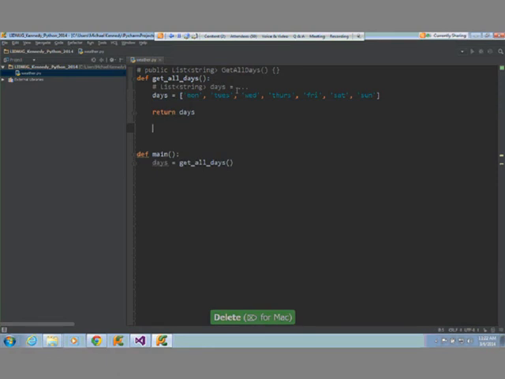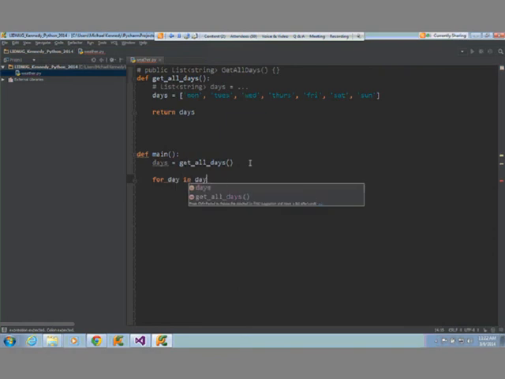Okay, so now we're going to get some days here, and let's do this. I want to loop over them. In C#, we would do foreach, right? So what we're going to actually do here is we're going to say for, but for in Python doesn't mean what you think it means. So we'll say day in days, kind of like a foreach loop. Okay, so when I say for day in days, I want to do something equivalent to console write line, yeah? So what I want to do is console write line, because I'm still in .NET mode, but I'm going to say print, and that's the Python equivalent of that.